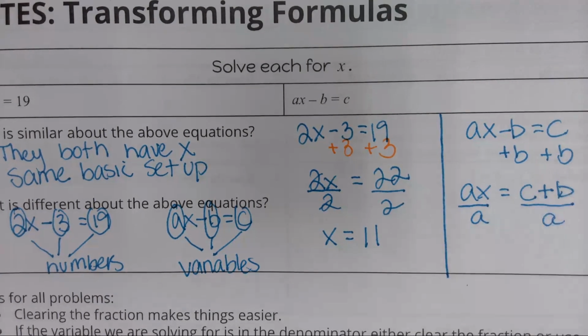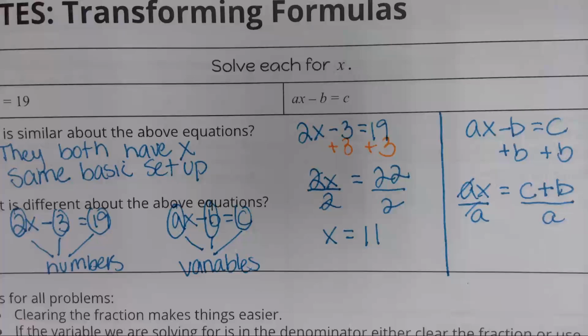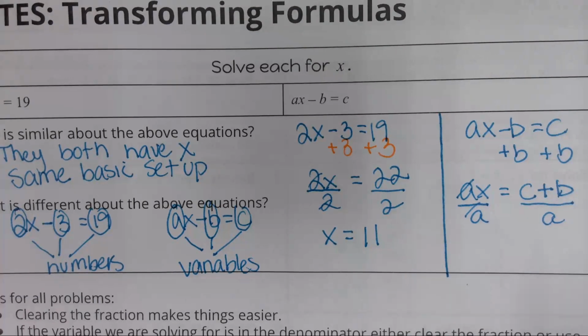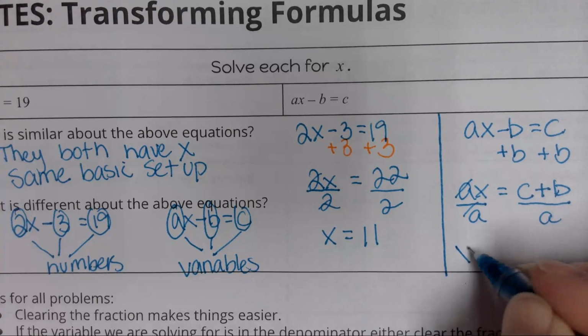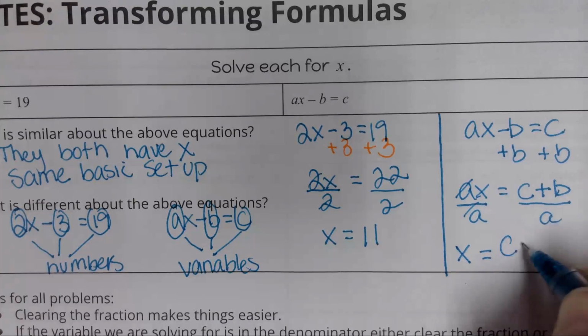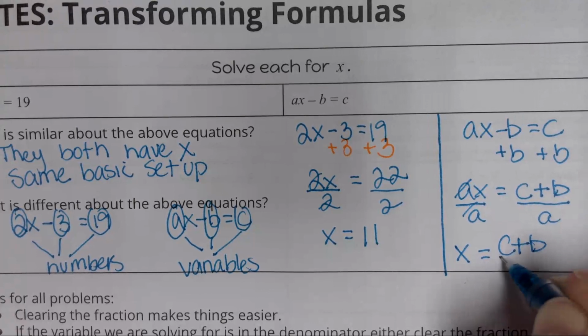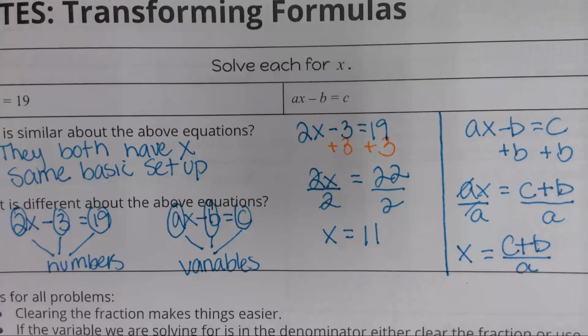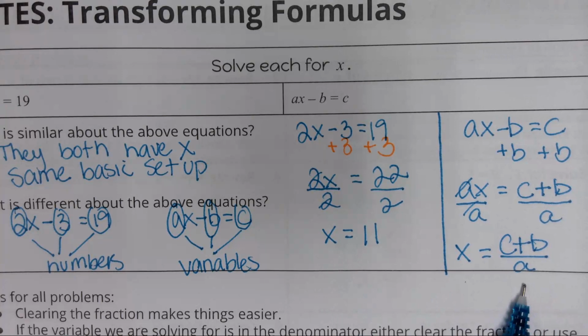And once again, I don't know what happens when I divide by a. Here I knew 22 divided by 2, so what we're going to do is just leave it. X is alone, so whatever C is, and whatever B is, and whatever A is, you would add them together and divide. So today we're going to get some things that look like this,